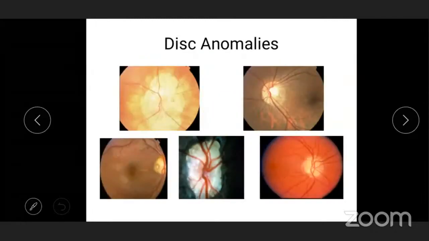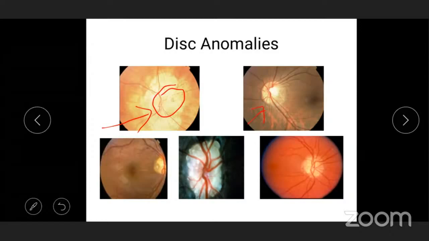If you do that, then a staphyloma. See, actually the disc margin is this one. All this is the neighboring staphyloma. So if you keep in mind the first point which I taught you, which is to look at the disc margin, then this differential, disc anomaly, becomes easier to solve. Also, we have said the disc margin. See, it's like a tilted disc, and you can see a part of the disc is maldeveloped. So if you track the disc margin, which was the first point I taught you, then you know this is not a normal disc. So you look for a congenital anomaly or think of a congenital anomaly.